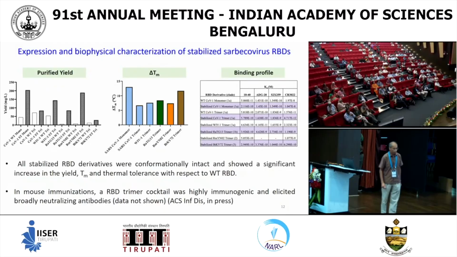Okay. Not only does the thermal stability increase, but in many cases the yield, which is shown on the y-axis, of the wild type versus the mutant protein increases very substantially, and this is of course a critical factor when you actually want to manufacture a vaccine. You have to be able to make it in large quantities. So these are different